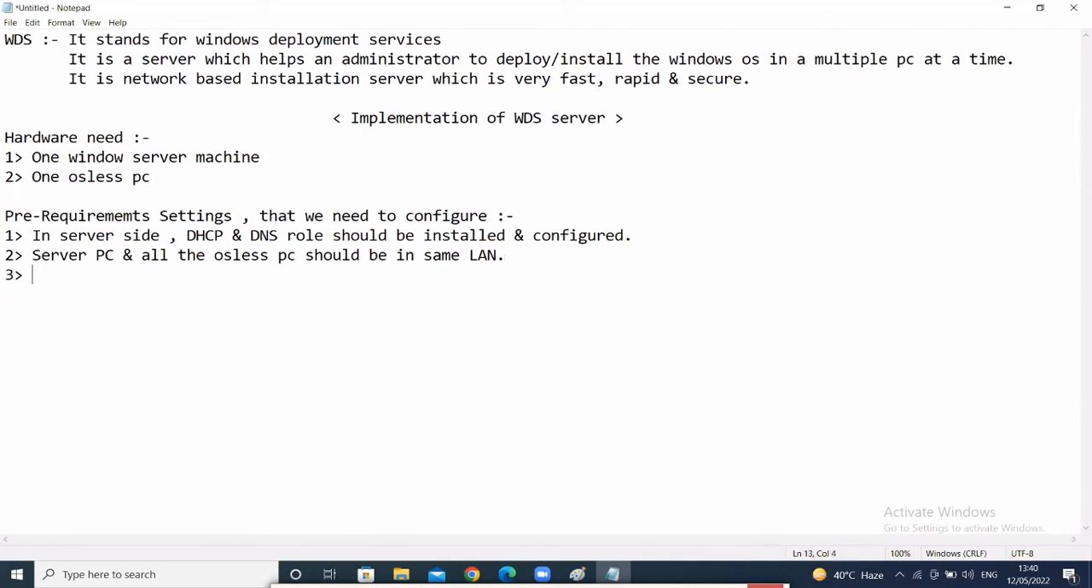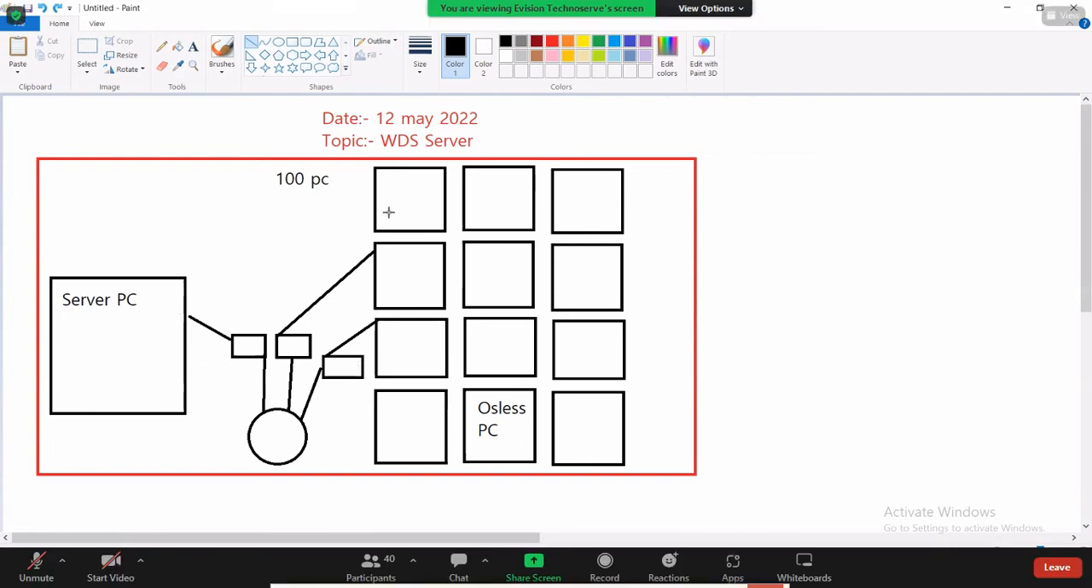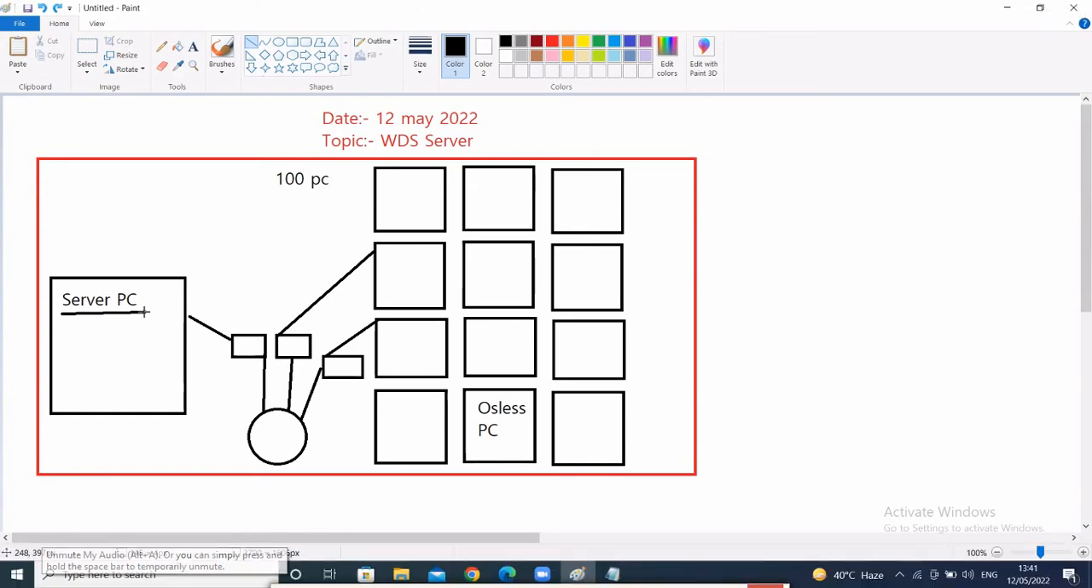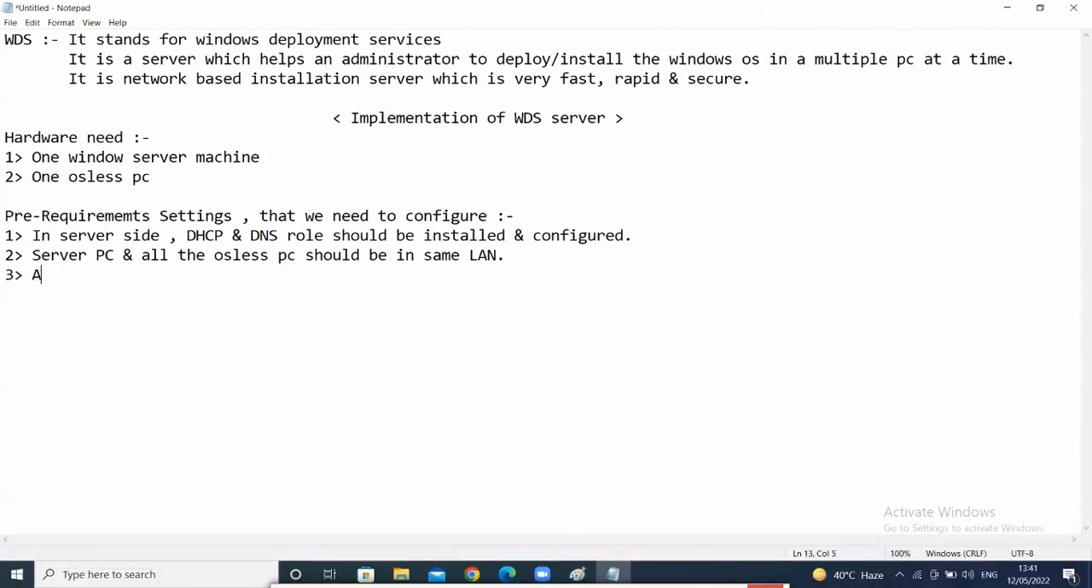Number three, guys. This is a server machine, so the server machine will by default contain the server OS file, the server ISO file. But what we want is to distribute Windows 10 from the same server. We want to distribute Windows 10 to all the OS-less machines. So that's why we need to attach